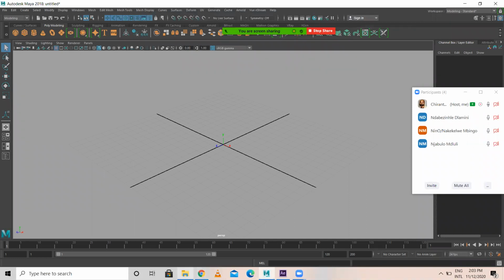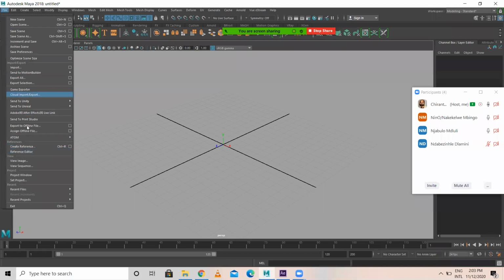First, I have already created an interior model. The same I have asked you all to create one interior. Means I have asked you to create your own room, living room. So I will be setting the project now. File, project window. Below that, set project is there.